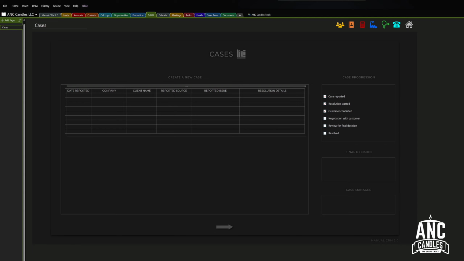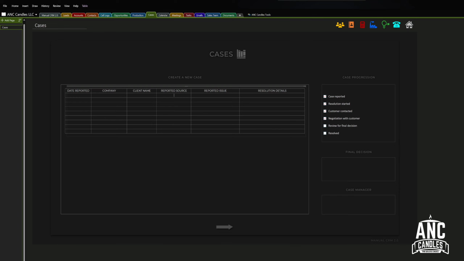After 24 hours, you call the customer back and you start negotiating with them. We're willing to give you another candle, or do you want us to give you compensation in cash, or maybe on your next order we can give you an extra? What do you want to do? You can negotiate what you want to do as business people, and then after the negotiation